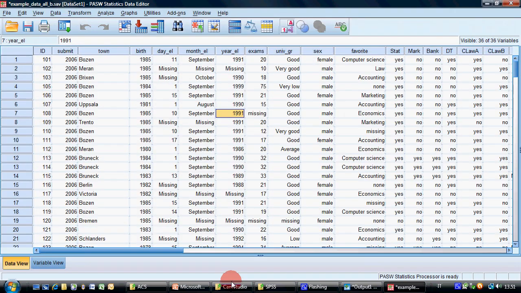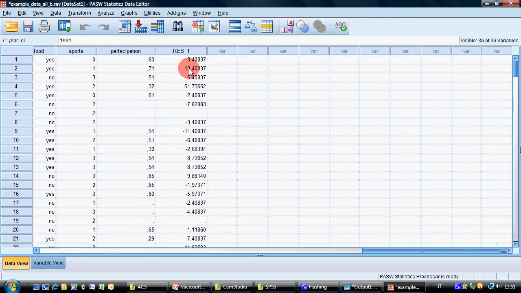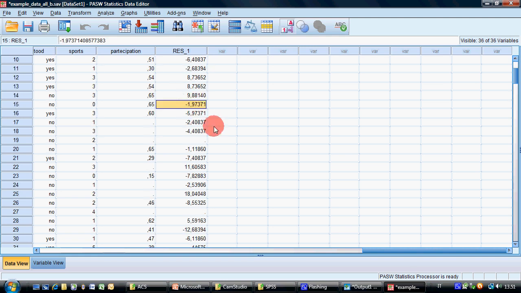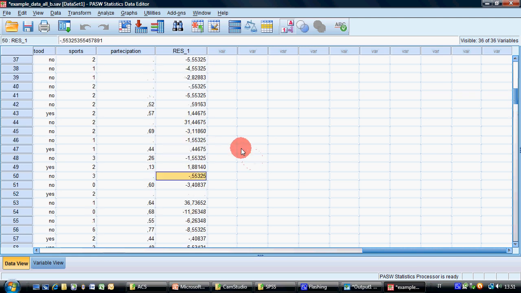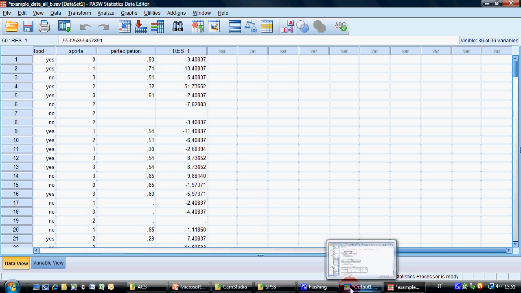And you will have in your data a new variable which contains the unstandardized residual. For example, you can see that for this person, the distance is very large and below. For this person, the distance is very large and above. This person is rather close to the line. This person is rather close to the line also. Okay. If you plot the